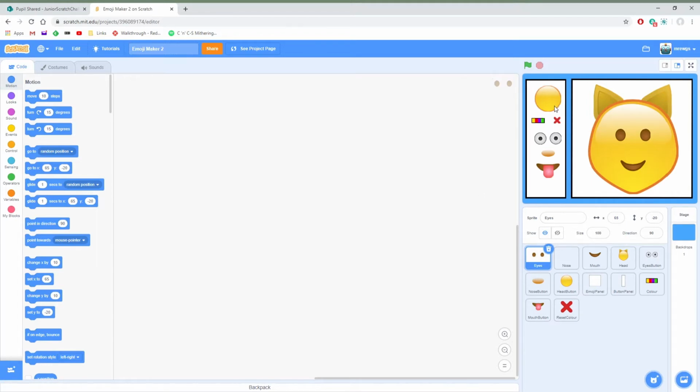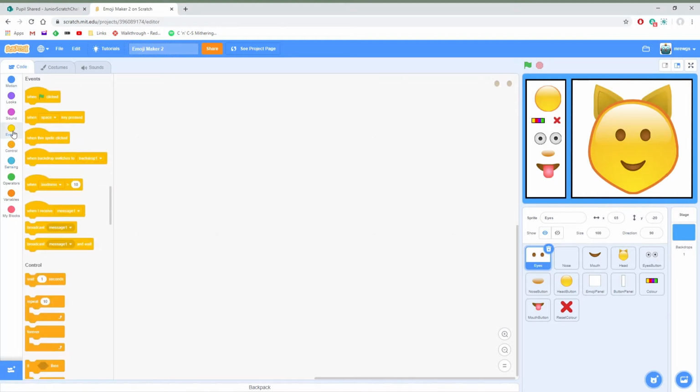What we're going to say is when each of these buttons are clicked, we're going to broadcast a different message. When the top one is clicked, we're going to broadcast a message to change the head costume. When the eyes button is clicked, we're going to broadcast a message to change the eyes costume. So we really don't have to add very much, but what I'm going to do is click on the head button first